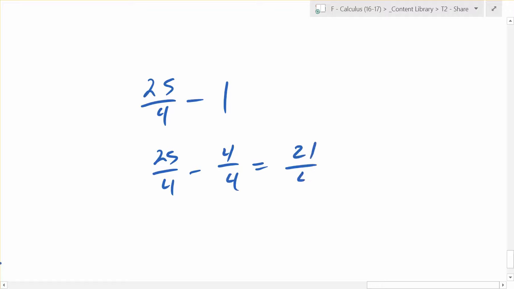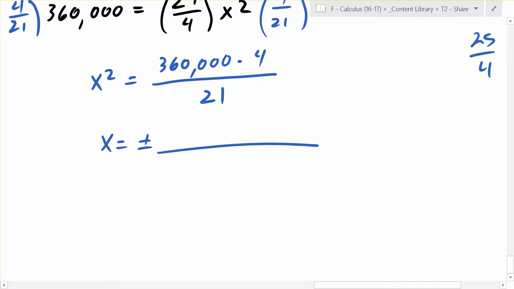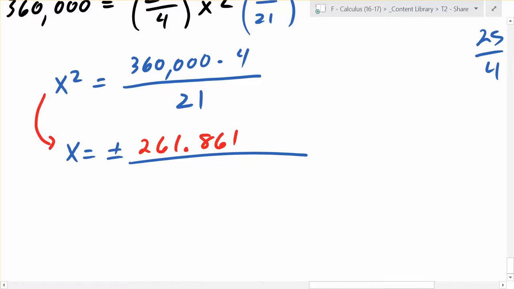Just in terms of fractions, we subtracted 1 from that. So that's 25 over 4 minus 4 over 4. So that's 21 over 4. Just did the fraction work inside it. Do you have a number for me, David? What'd you get? 68,571.43. Yeah. Now, the question is, when you take a square root, you have to plus or minus it,